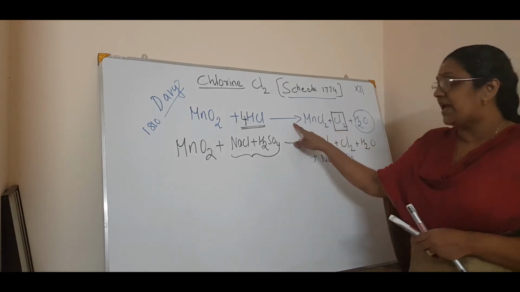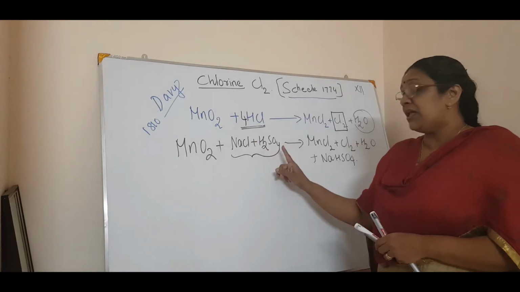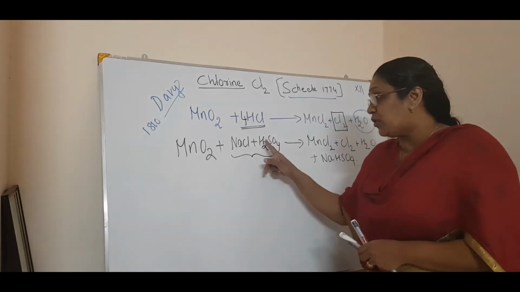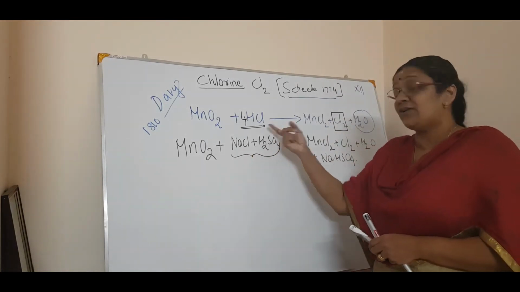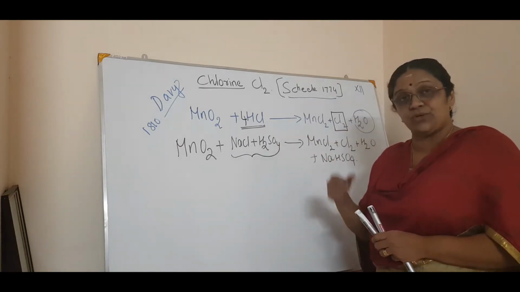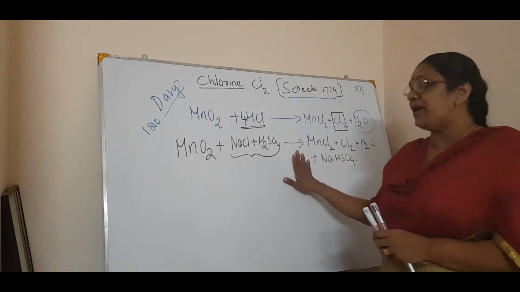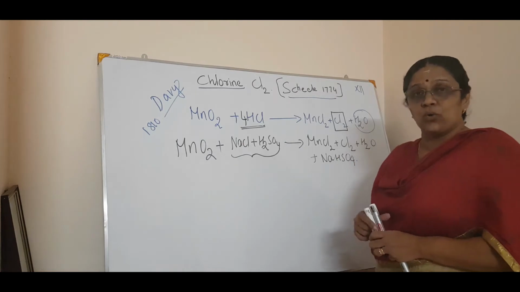So if you know this reaction, you can very well write this equation also as, instead of HCl, using the low volatility property of H2SO4. That is H2SO4 plus any salt will give a high volatile liquid. I talked about it earlier, about why HCl is used in the flame test instead of H2SO4, isn't it? So this reaction also can be used in the small scale manufacture of chlorine.